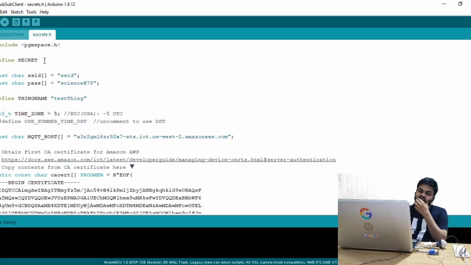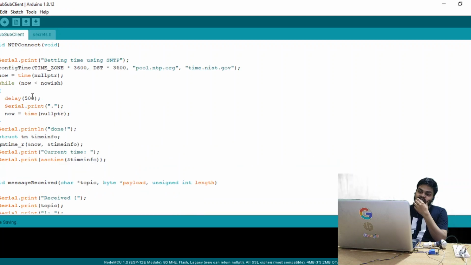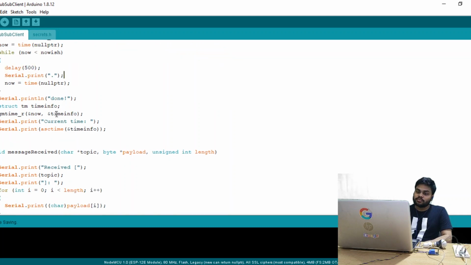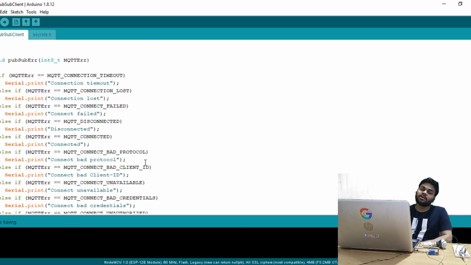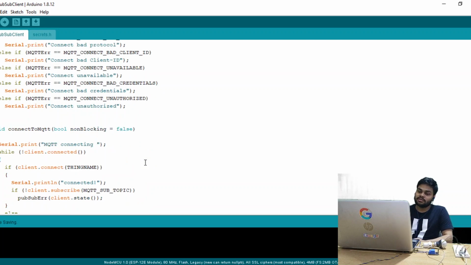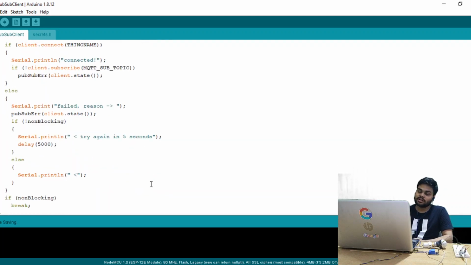This is time zone 5 in our case, but you can check what your time zone is according to your country. This library gives us the current time, which is helpful in connecting to any cloud broker. As you have seen in the last few sessions with InfluxDB Cloud, I'm using this NTP client, because for making a secure connection you need the current time, so that you can connect to these types of cloud hosted brokers.